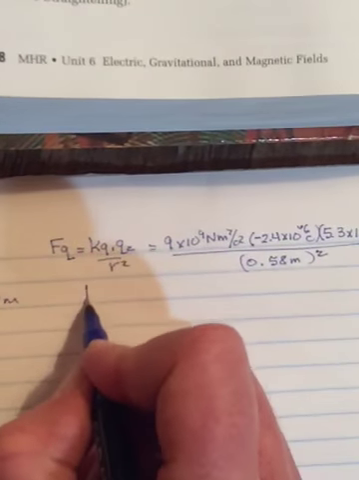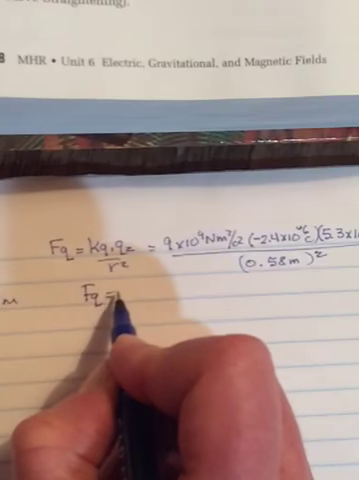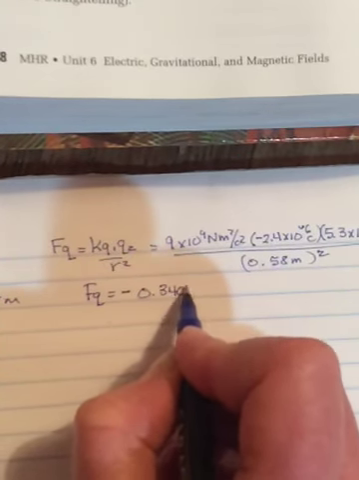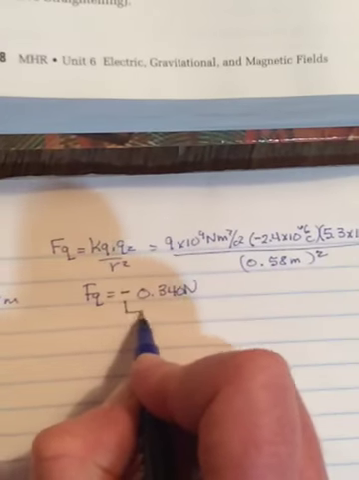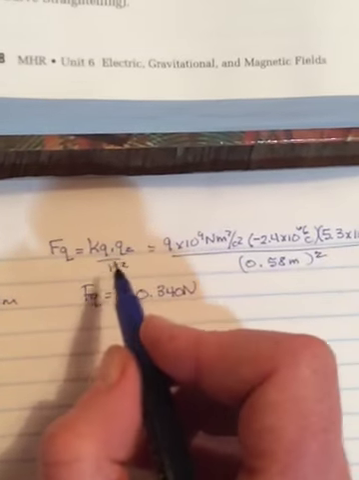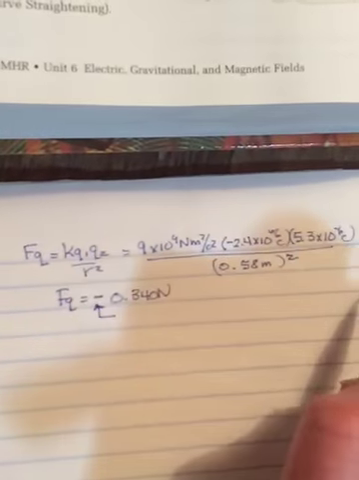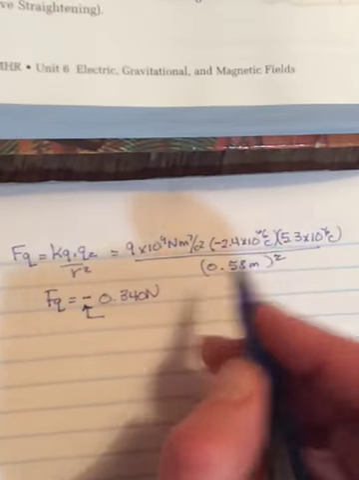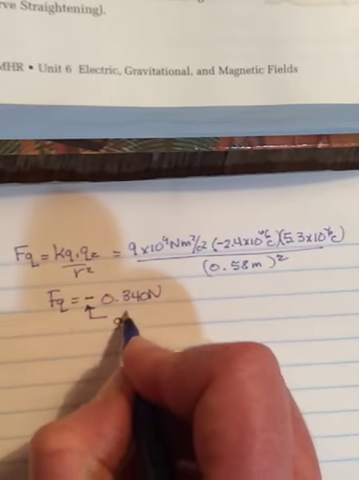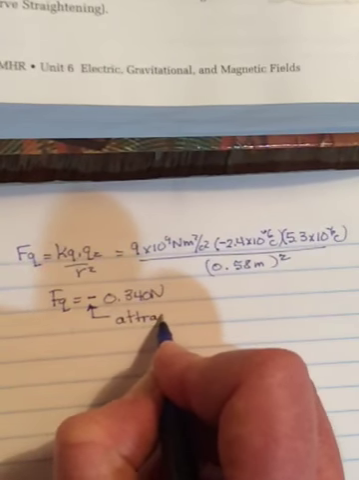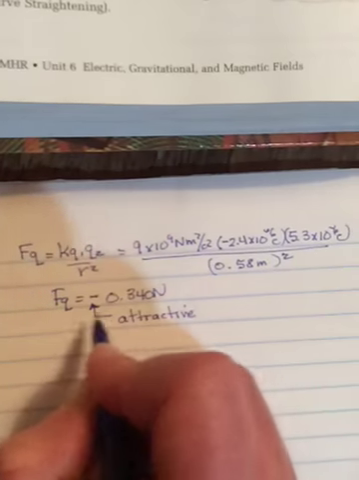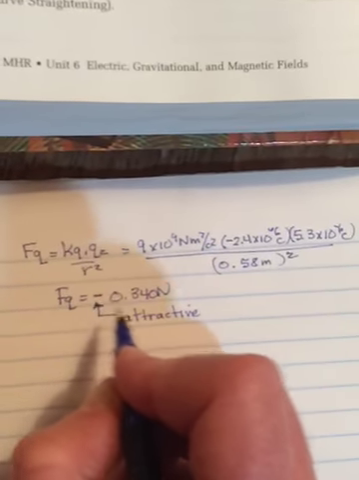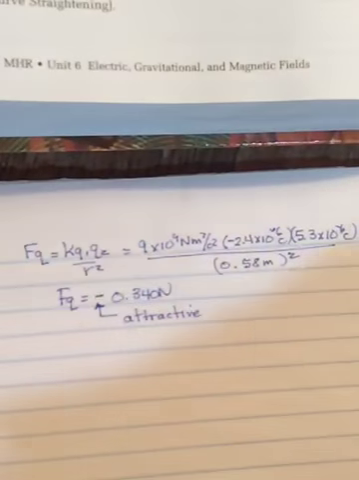And when you do this, you should get an FQ of negative 0.340 newtons. And then of course you have to tell me what the negative means. You think back to Friday, when you have two charges that are opposite in nature, one's positive and one's negative, they're going to attract. So it's an attractive force. And if you remember how I told you to keep track of it, force of attraction is a negative thing,